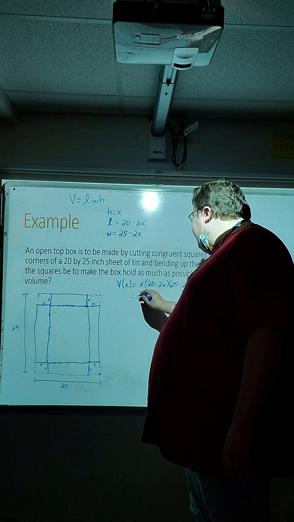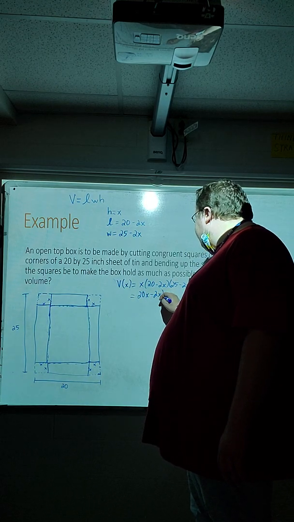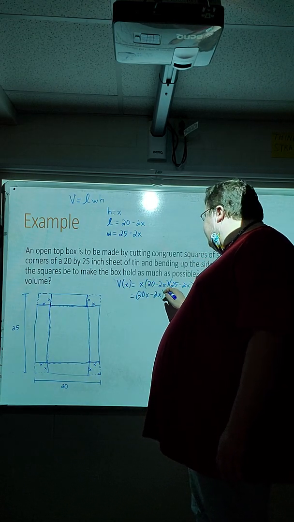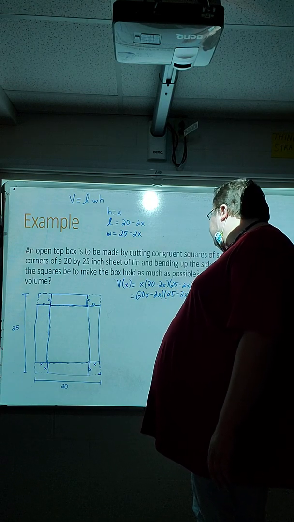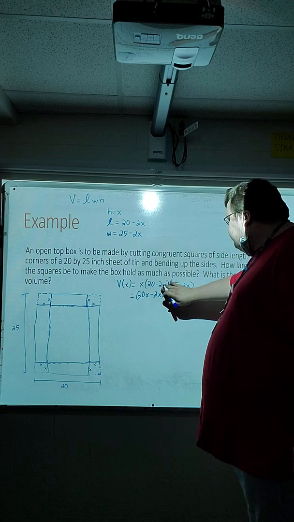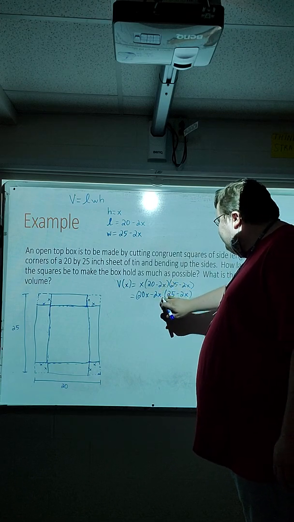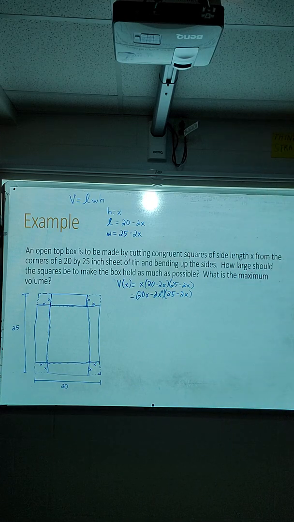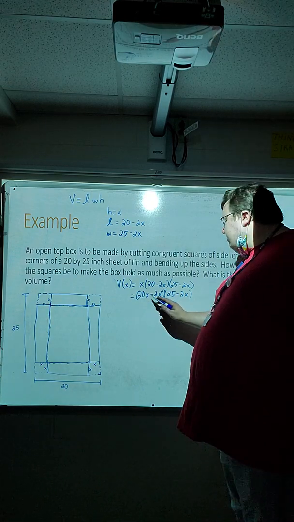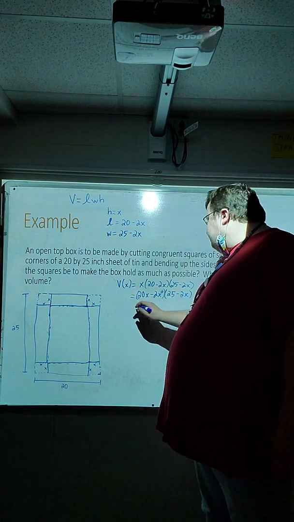That's going to be 20x minus 2x squared when I distribute that x in that first one, still got it times 25 minus 2x. My bad. Now I'm going to double distribute here. 20x times 25